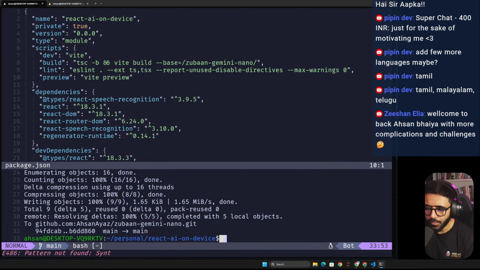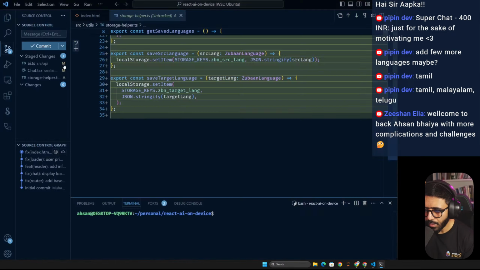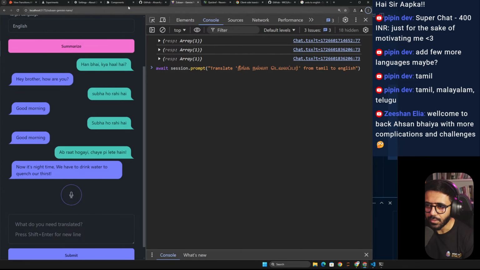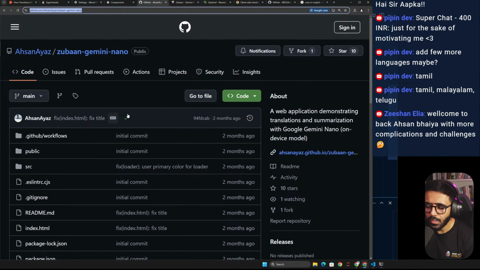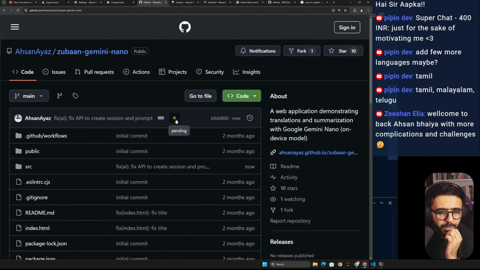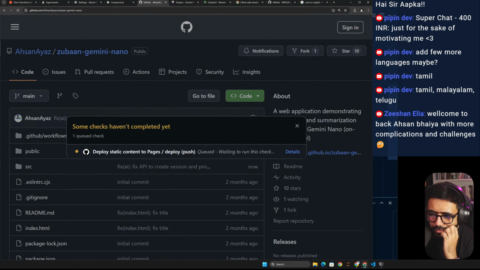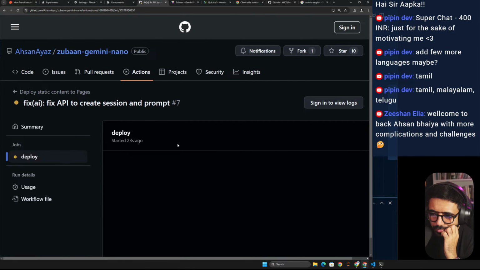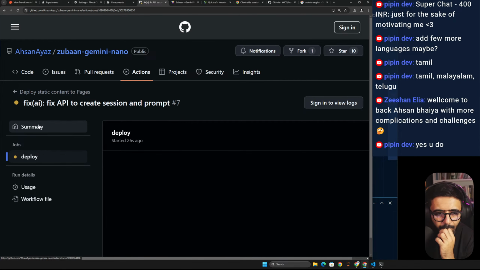npm build. I think I should have some GitHub actions on it. No? Yeah, there is supposed to be. So if I refresh now, yeah, there you go. So this should be deployed now or in a soonish time. And then we can test it on live and then we can